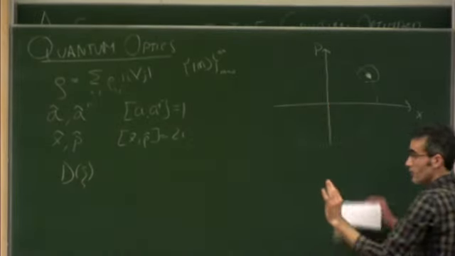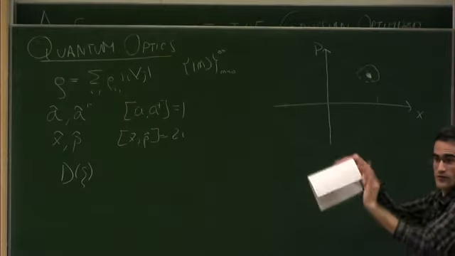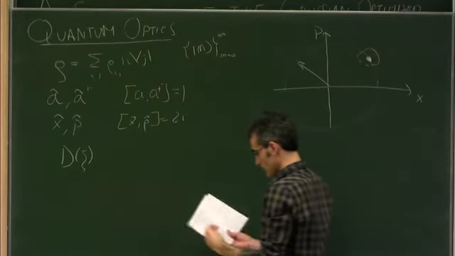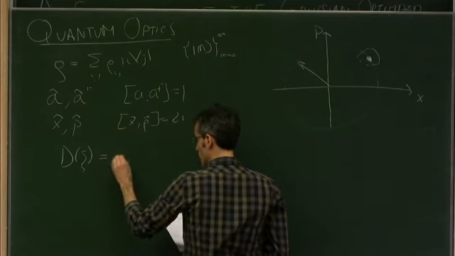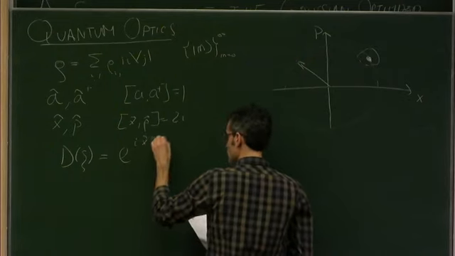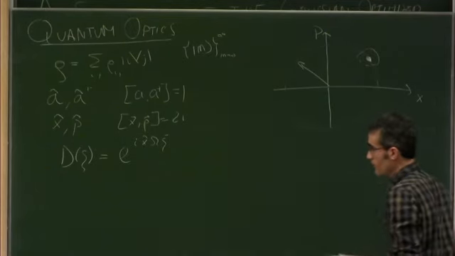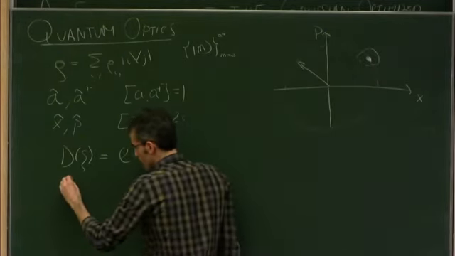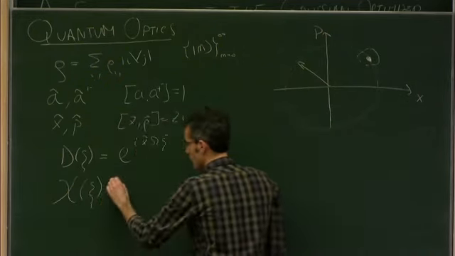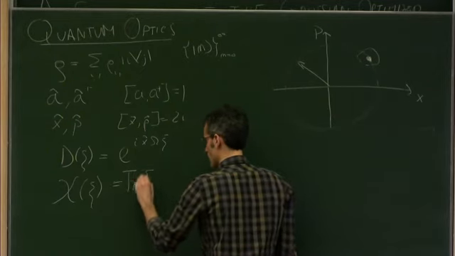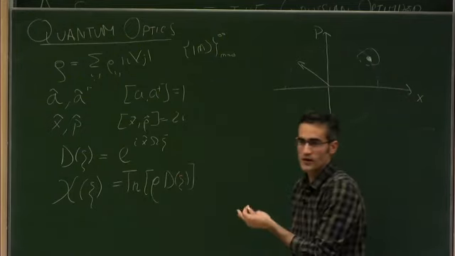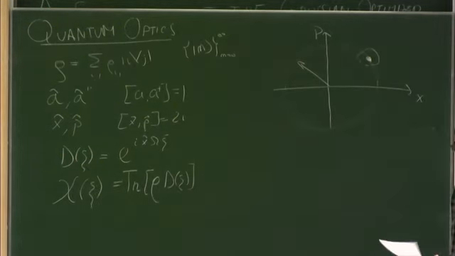Something I need to define too is an operator, which is basically a displacement on this phase space. It will take your whole state and shift it with some arrow over the plane. This is a very important operator in all this theory. I need it mostly to define the characteristic function that I'm going to use, which is basically the trace of rho times this displacement operator.